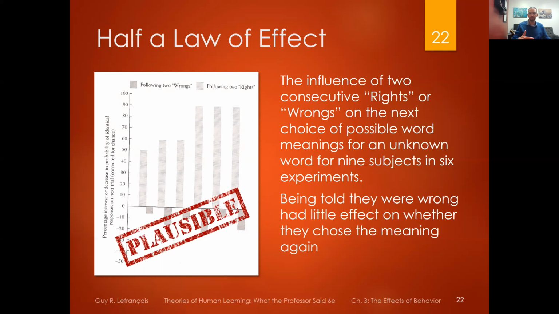Well, the experimenter will tell them that's wrong, but the next time they are faced with that same unknown word, they might pick that same choice again, the orange bird, and they would be wrong again. So what he took away from that was that being told that they were wrong didn't punish them, didn't discourage them from that behavior. So use that as evidence to say, oh, we don't learn from negative consequences. We learn from positive consequences, we might say reinforcement, but that we don't learn from punishment.